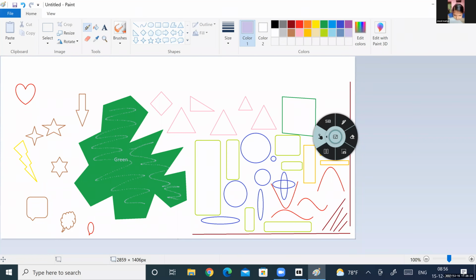To use the pencil tool, you can use it like this. See, 2B. Ma'am, I cannot see the 2B. You cannot see the 2B. Why is it so?